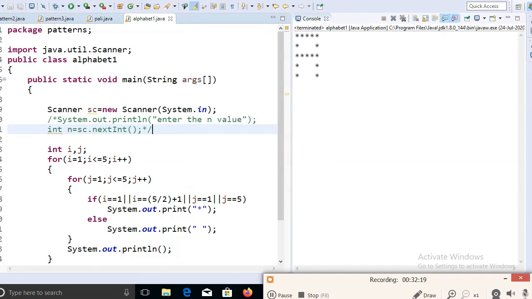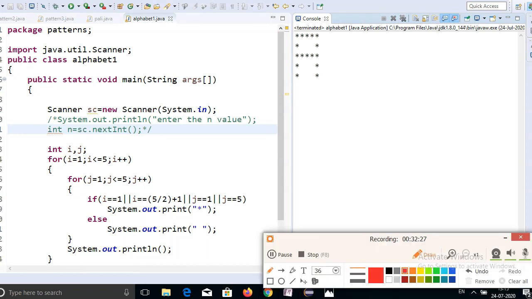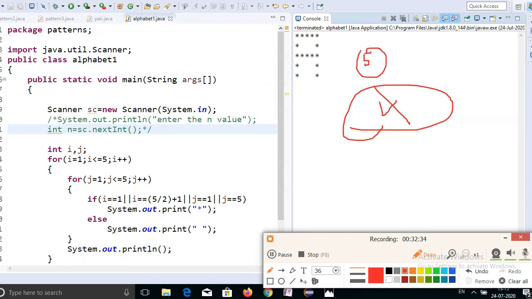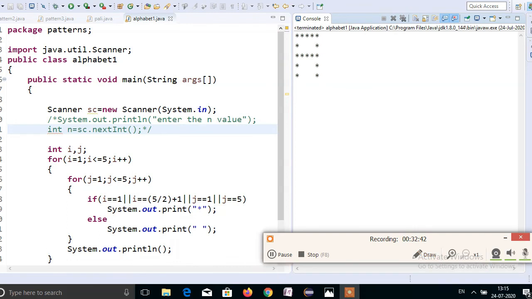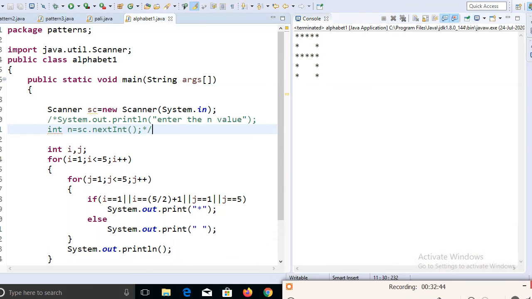We didn't enter any value here, so it directly prints based on the 5 value. We don't want it like this. If we use the generalization method, it will print in generalized form.